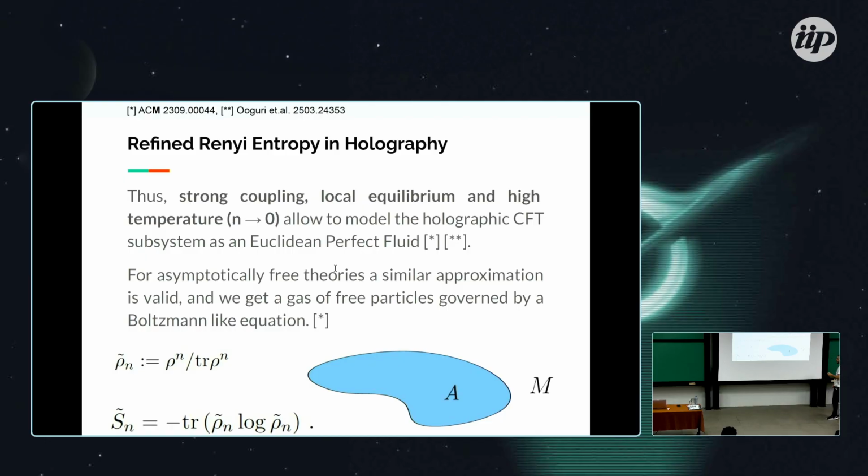And this connects also with some other results that we got for asymptotically free theories, in which a similar approximation is valid, but since for holographic theories, we expect the theory to be strongly coupled even in the high UV, we don't expect them to be free. So this is where the fluid model emerges. For asymptotically free theories, what we get is a gas of free particles governed by a Boltzmann-like equation, and some